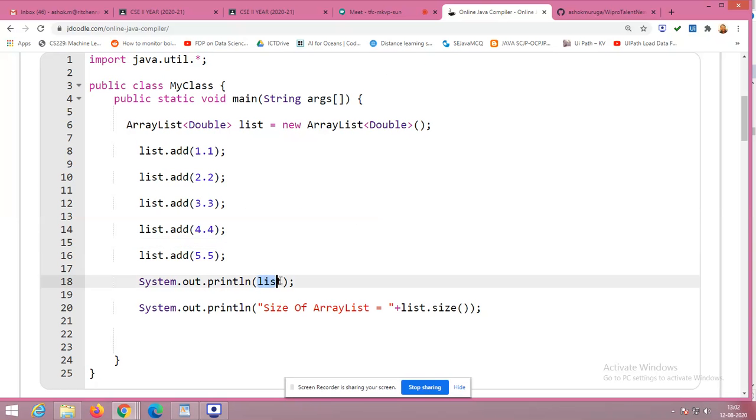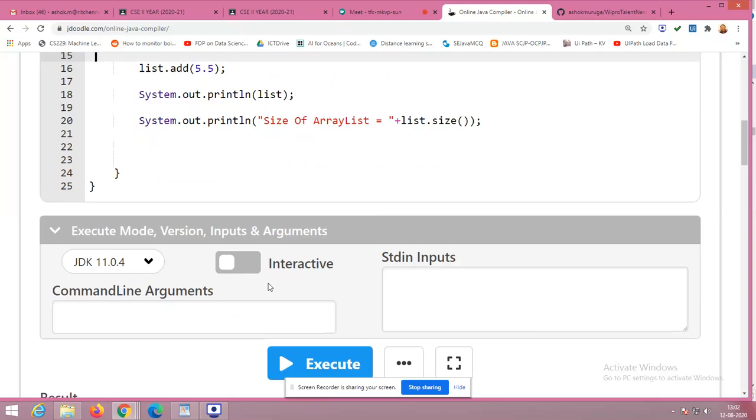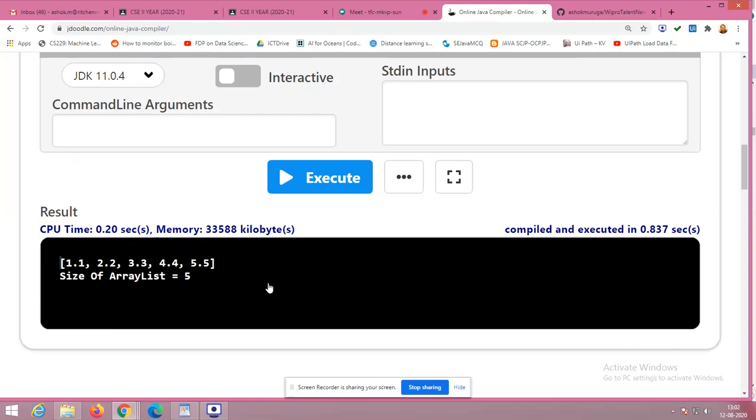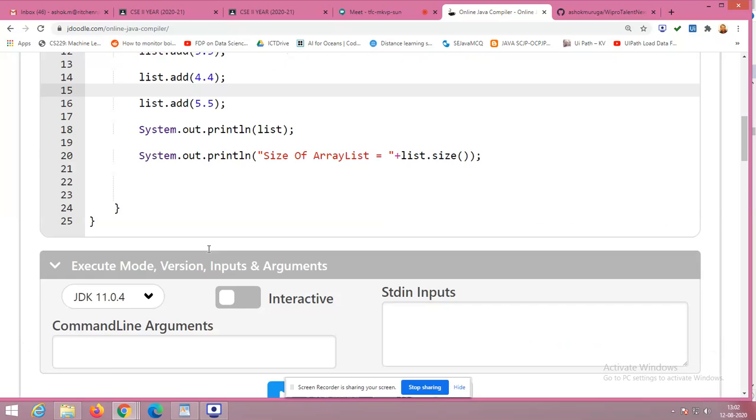See the behavior of the object. Without any for loop, it is ready to print all the elements stored in the object. Have you got it? That's the power of this data structure. So size of array list is 5. How many elements are there? 1, 2, 3, 4, 5. So 5 elements are there. So that has been done.